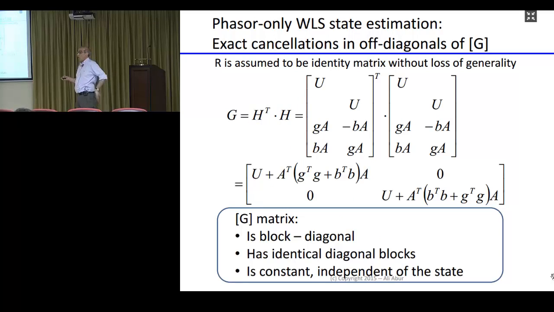If you look at the form of G, I'm doing something which is typically done. I'm saying that R is an identity matrix. This doesn't really bring any limitations. I'm just doing it for simplicity. You can always bring it in and add it in here. So forgetting about R, essentially G becomes H transpose H. And with this structure, if you form H transpose H, you find that it becomes strictly block diagonal, which is